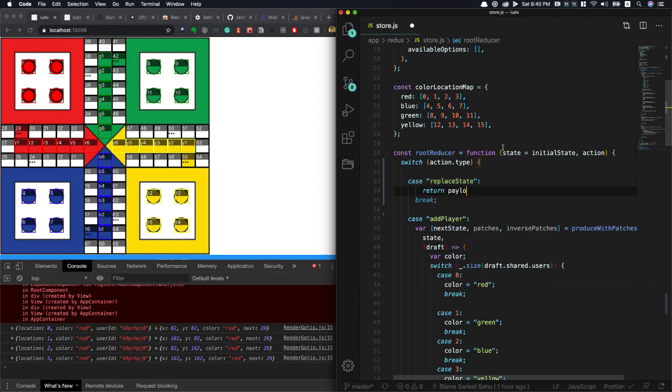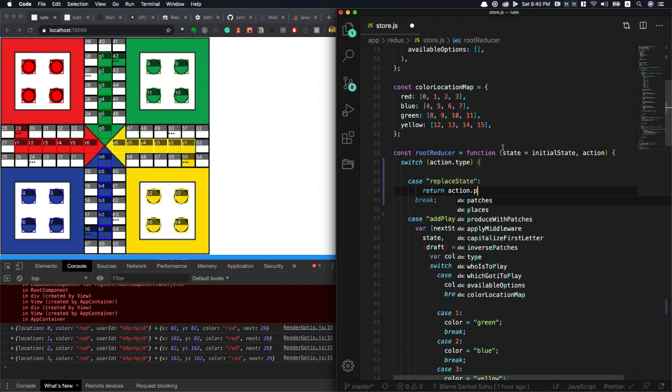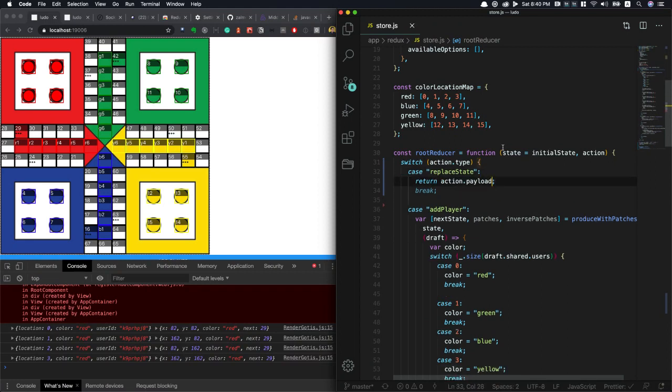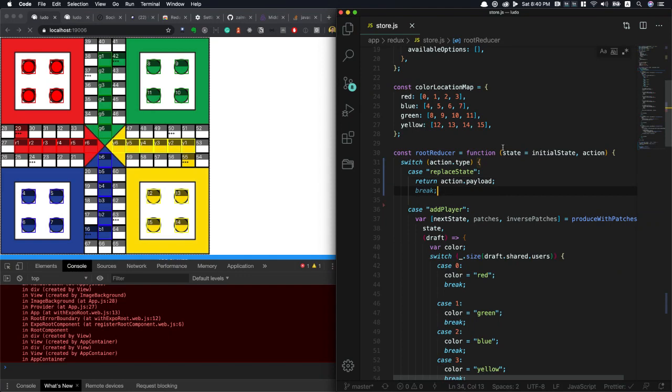Do we have a payload here? State and action. So action dot payload. All right, so this one replaces the entire state with something else. Replace state is a new